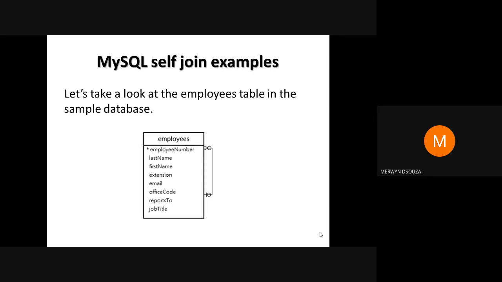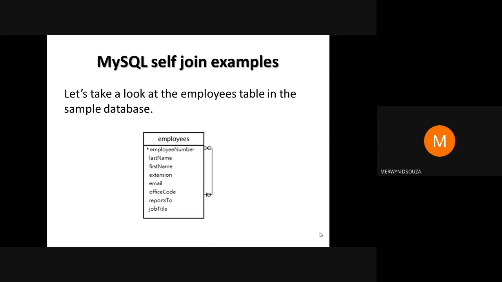The self join is often used to query hierarchical data or to compare a row with other rows within the same table. To perform a self join, you must use table aliases to not repeat the same table name twice in a single query. Please note that referencing a table twice or more in a query without using table aliases will cause an error. Let's look at MySQL self-join examples.